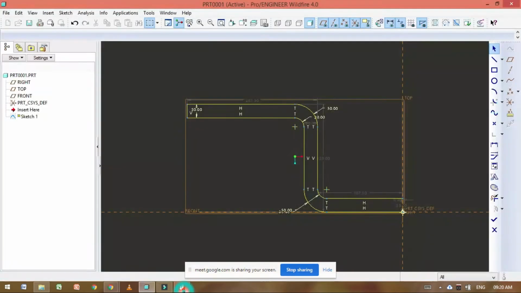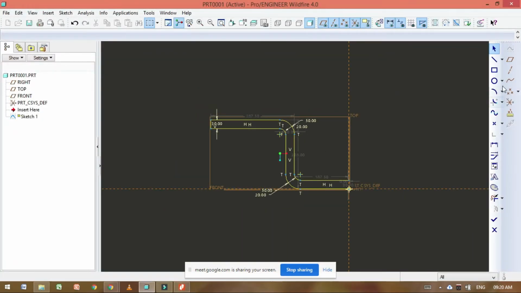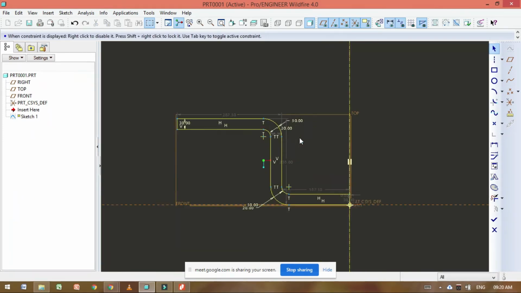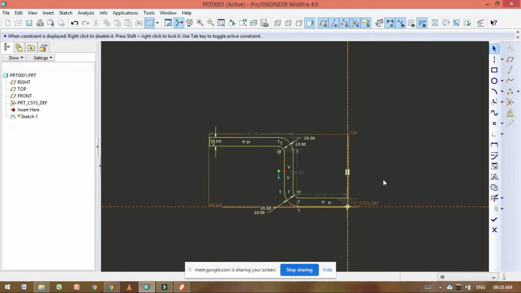Now we can mirror it. So there is a mirror command. Okay, so I can draw the center line. Complete. Save. Select this sketch. To mirror the sketch, there is a procedure we can use. First, we require this center line. To mirror the sketch, we always require the center line. So this center line I have taken here by using this command. Then I can mirror this sketch to the other side.